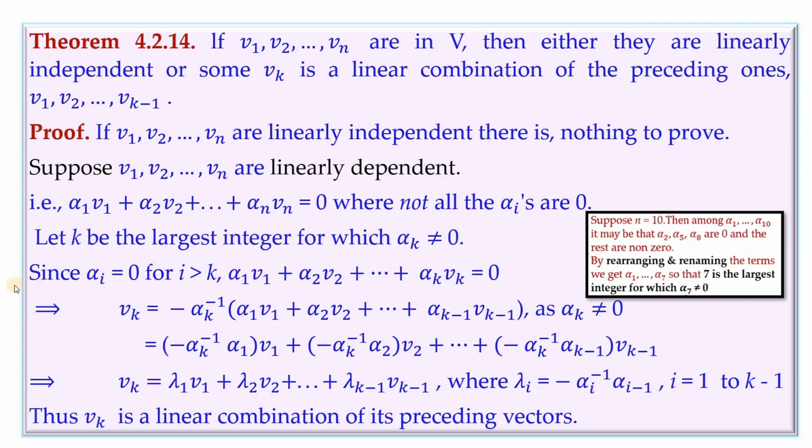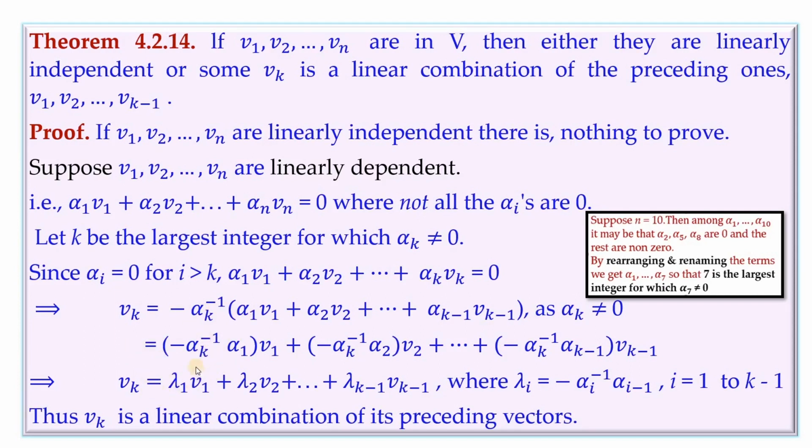Now since alpha i is 0 for i greater than k, alpha 1 v1 plus and so on alpha k vk will be 0. The rest are not there. Now vk we can rewrite from this, taking the rest of the terms to the other side, and alpha k is not equal to 0. We can multiply both sides by alpha k inverse. So we get this, and from here we have this step,